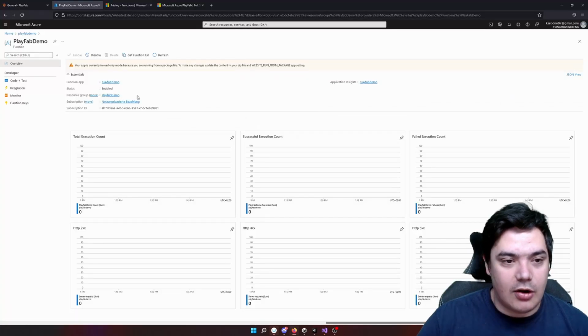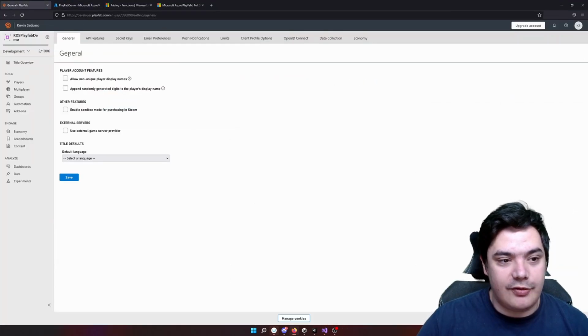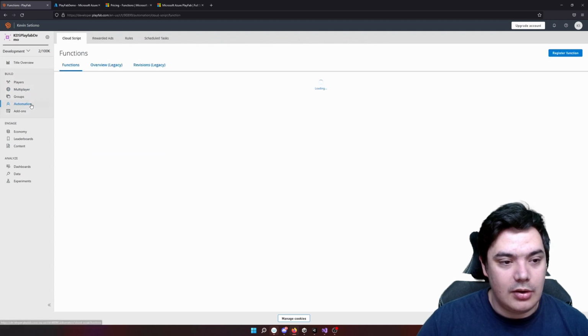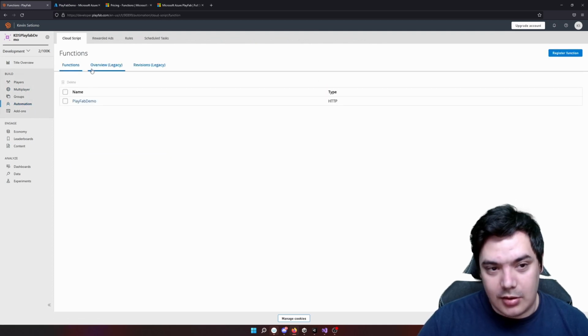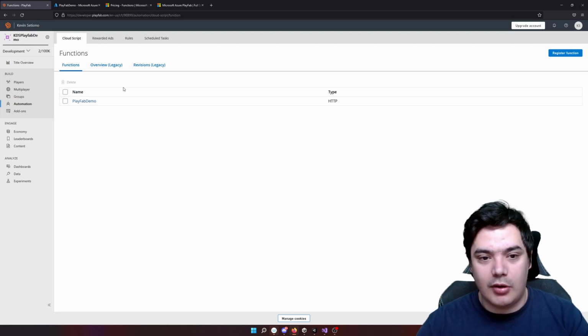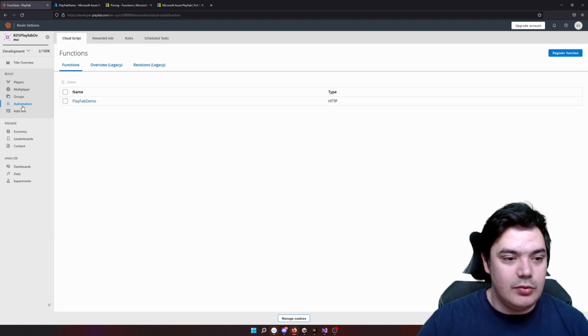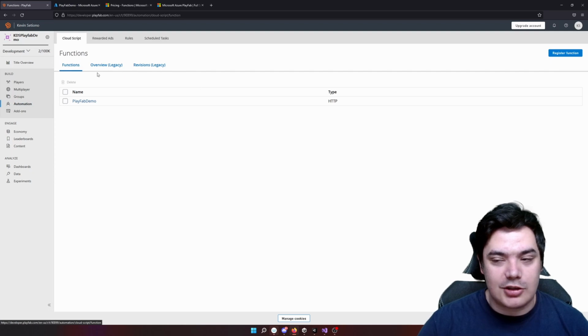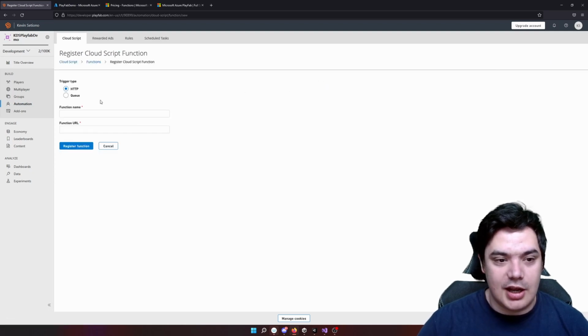Let's check out how to set up PlayFab to know your Azure function. What you can do under automation, cloud script, functions, is register an Azure function. We have an HTTP function. You can give it a name and a URL. The URL needs to be with the function key, so that